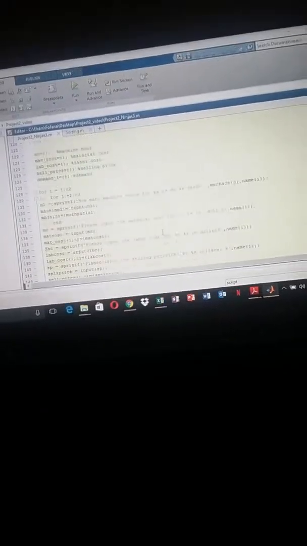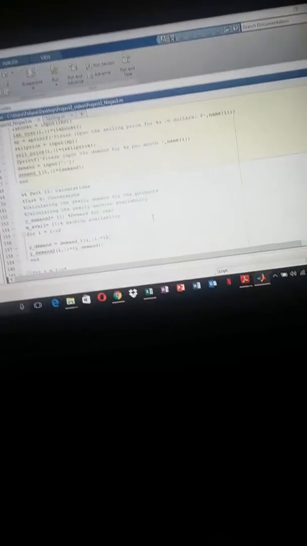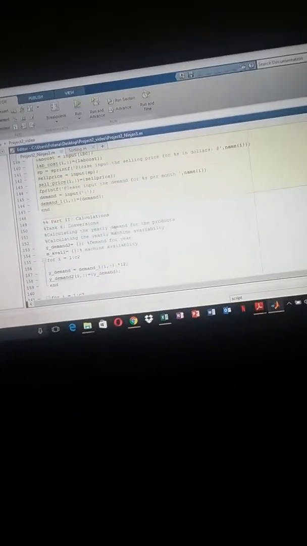So if you see, we are done with part 1 already, which was the data validation, right? Let's keep going. Now we are starting part 2. Part 2 is the calculation, as you can see over there on the board. Calculation. Okay, so now here, as you can see in the text, we have conversion,